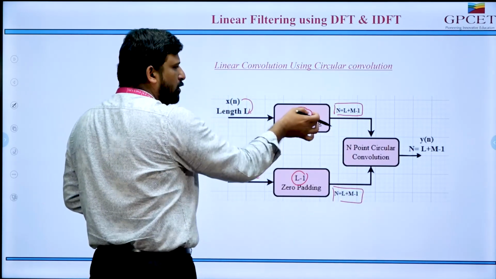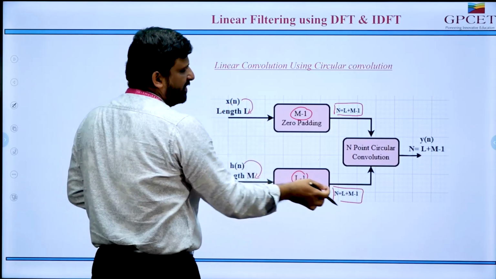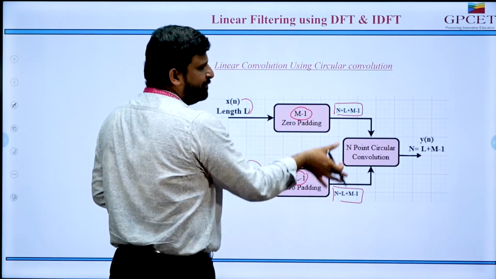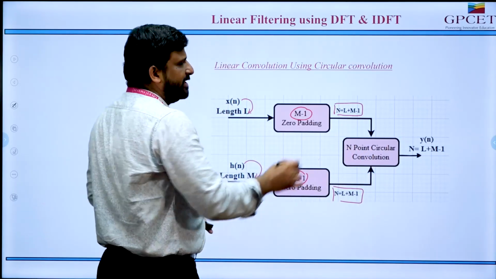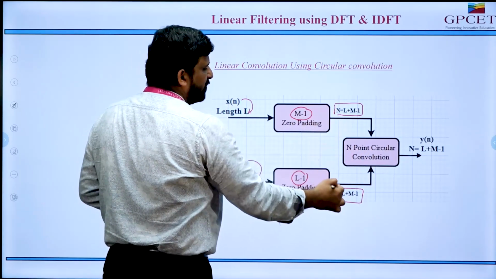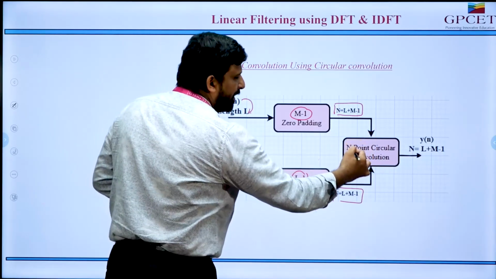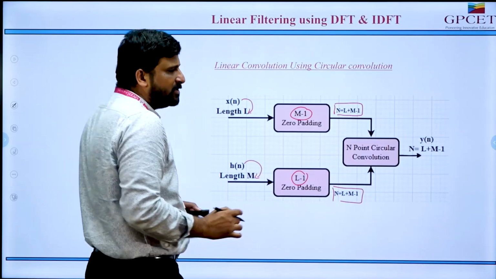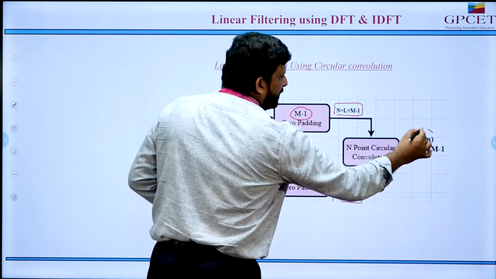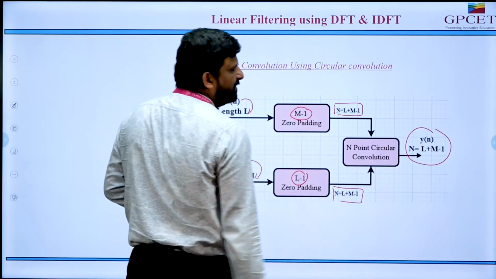You can see both lengths of x of n and h of n will be equalized here. After that, we are giving it to the N-point circular convolution. These two converted x of n and h of n are given to the N-point circular convolution. Here, the circular convolution process will happen. So after this circular convolution, we are going to get the value of y of n,